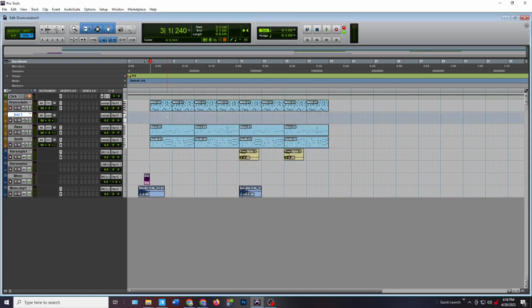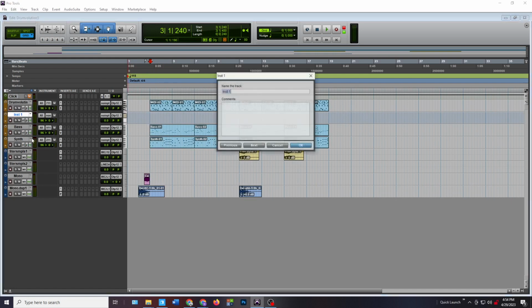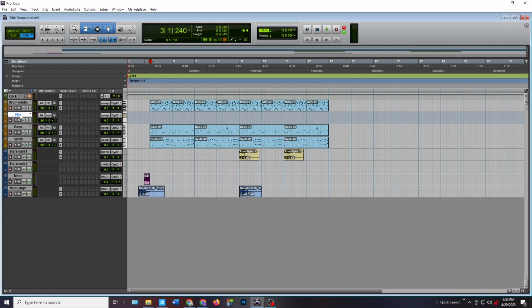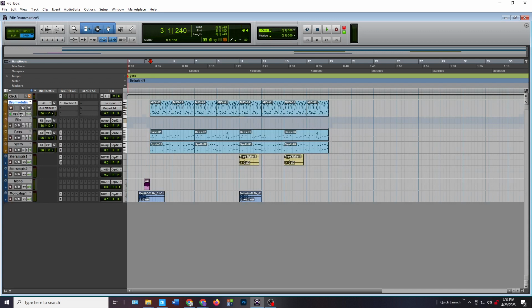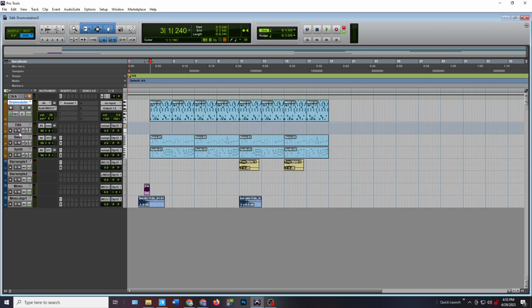And in this case, which is kind of unusual, you're gonna set this track to play this track. So this instrument one track, I'm gonna call this fills, drum fills, is gonna be the trigger, an extra trigger for the Drumvolution track. And the way you do that is you pull these down a little bit